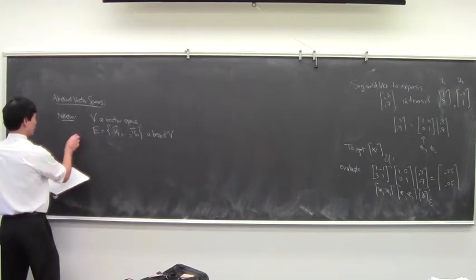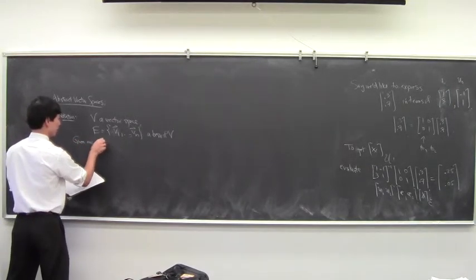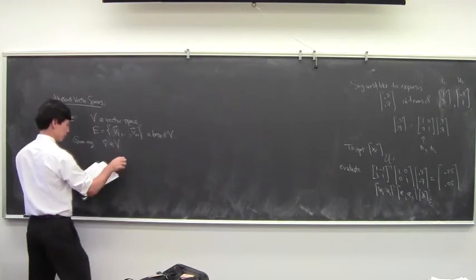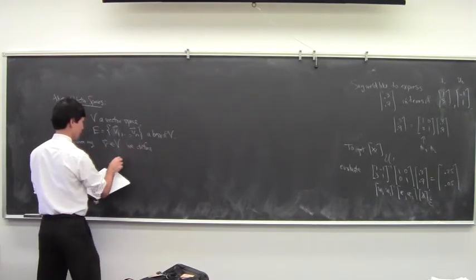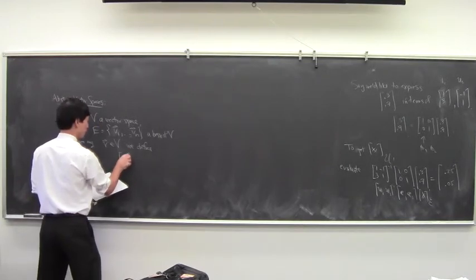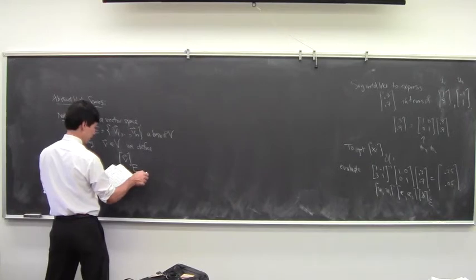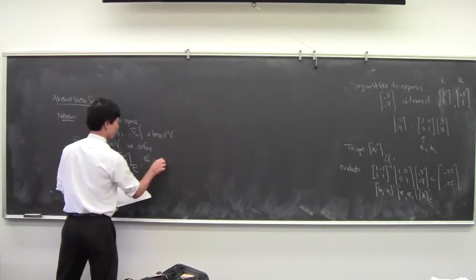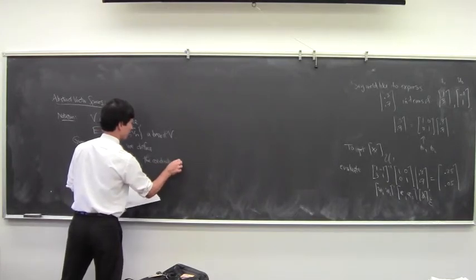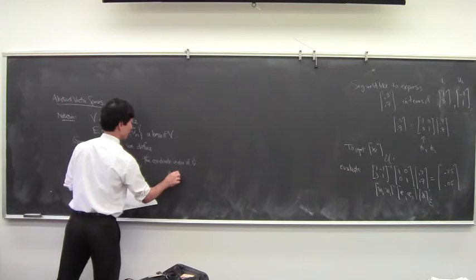Given a vector in the vector space, as usual, just as before, we define the coordinate vector of v with respect to the basis E